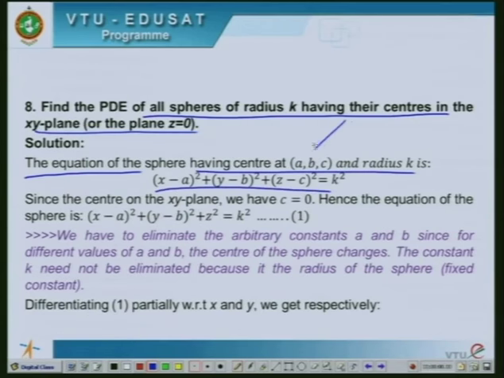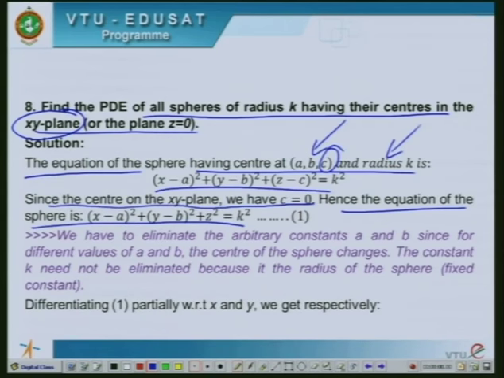the equation of a sphere having center at (a, b, c) and radius equal to k is (x minus a) whole square plus (y minus b) whole square plus (z minus c) whole square equal to k². Now, it is given that the center of the sphere is lying on the xy plane, that means the z coordinate of the center is 0, or equivalently c is 0. So, since the center is on the xy plane, we have c equal to 0, and hence the equation of the sphere in this example becomes (x minus a)² plus (y minus b)² plus z² equal to